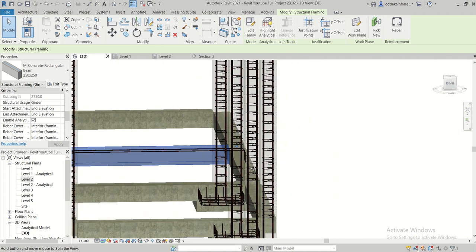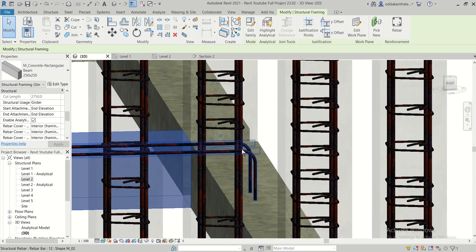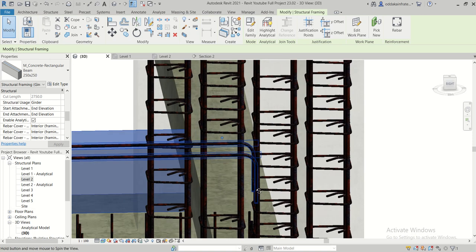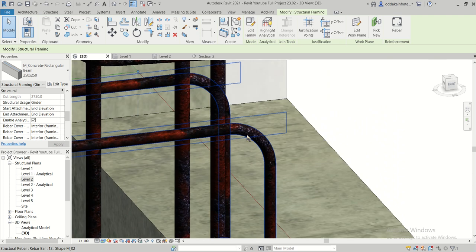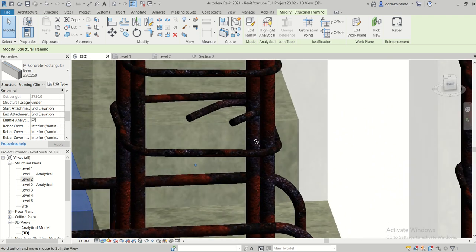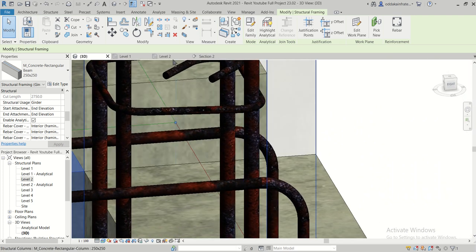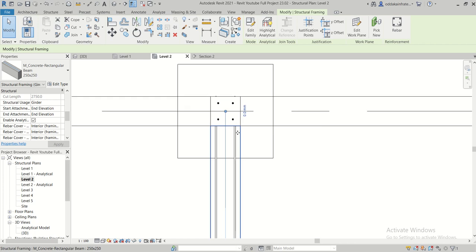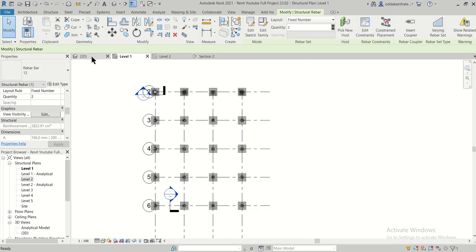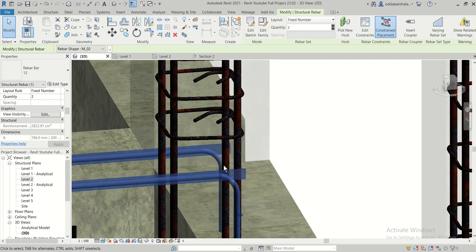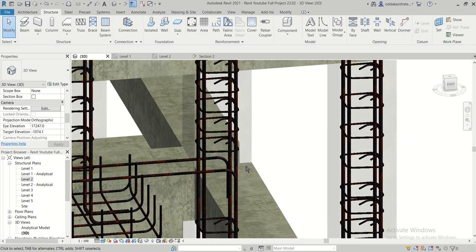the reinforcement is properly given here, and as you can see, if you think it's going outside the cover, then also you can adjust a little bit. As you can see, in this case it's going outside the column cover, so for that case you can just select this, and let's just keep it up to this much, that is to the column mark. Now if you just take it in 3D view, we are good now.